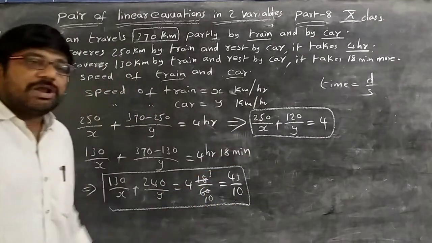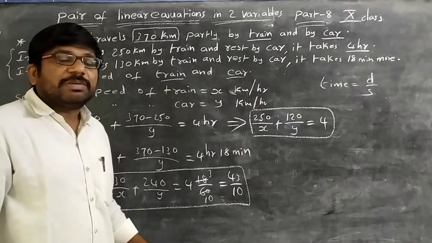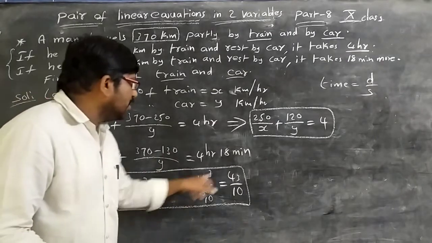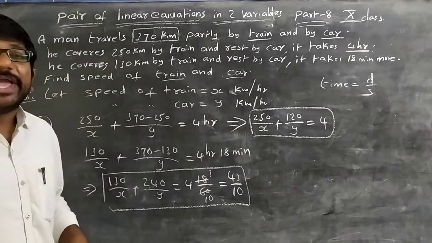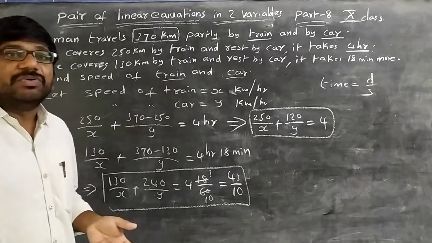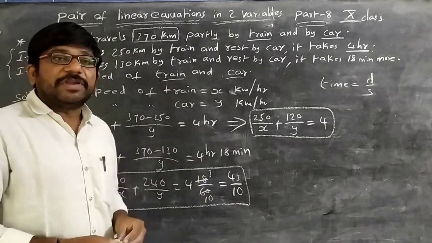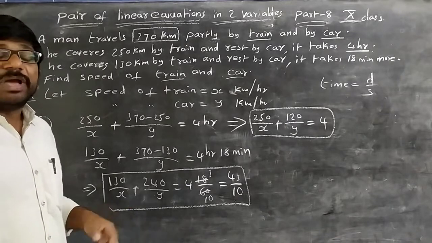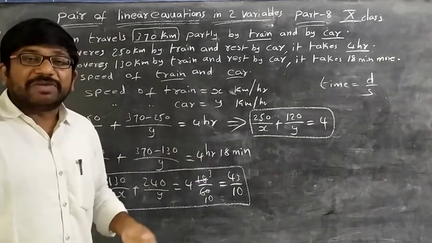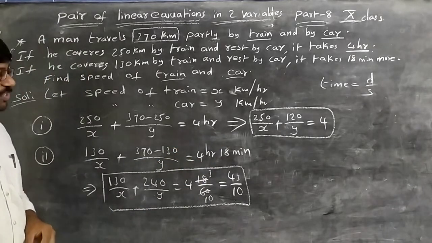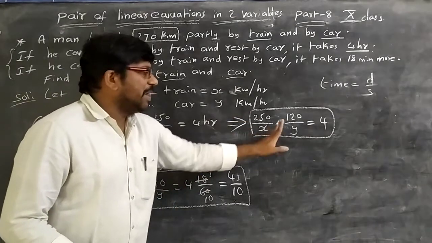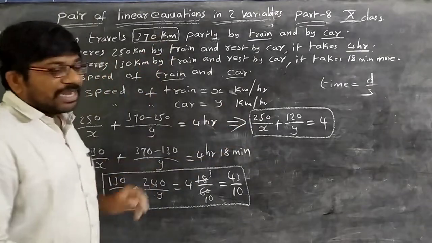This is a pair of equations, but it is not a pair of linear equations. It is only a pair of equations. Now we have to convert these two equations into a pair of linear equations by substituting a value, and solving by the reducible method. In the previous video we already did this: by using the reducible method we can find the x value and y value. So now solve these two, with 1 by x and 1 by y. Write this system clearly above.